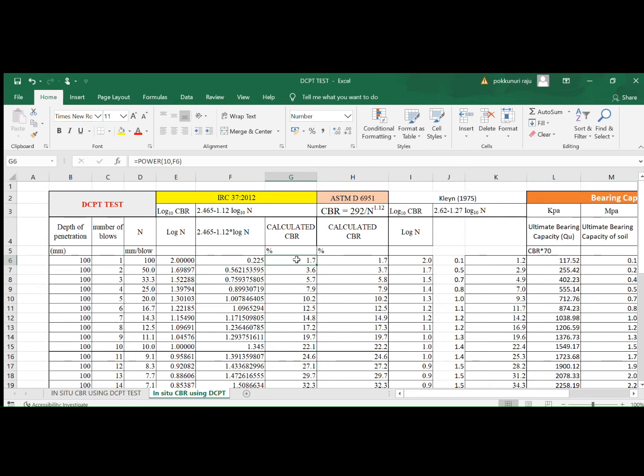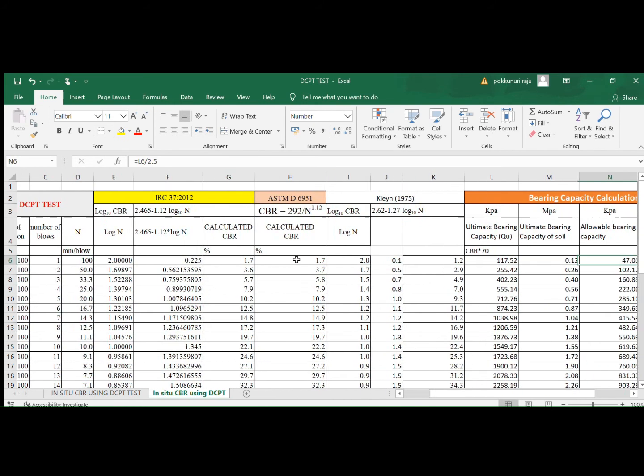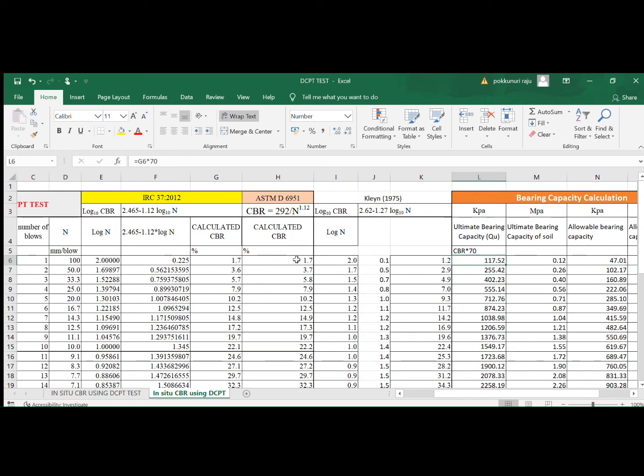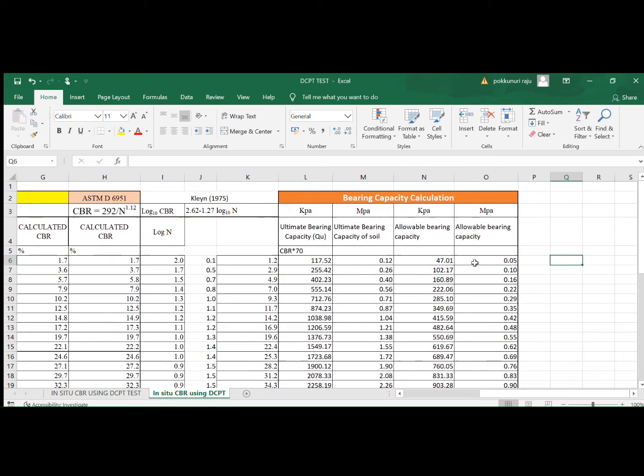So that is the reason why I have chosen to utilize the equations developed by IRC 37 2012 or ASTM D6951. Now once you are able to calculate the CBR value using the DCPT equations, we can calculate the ultimate bearing capacity by multiplying it with 70. That means CBR multiplied by 70 will give you the ultimate bearing capacity. So for a CBR of 1.7, your ultimate bearing capacity will be 117.52 kPa,